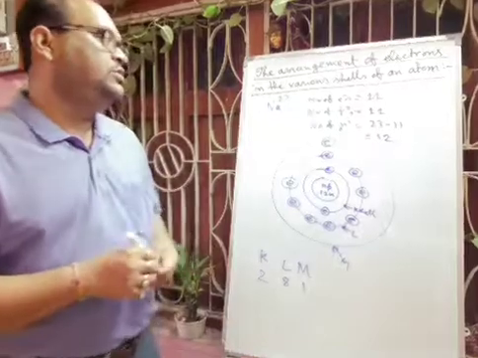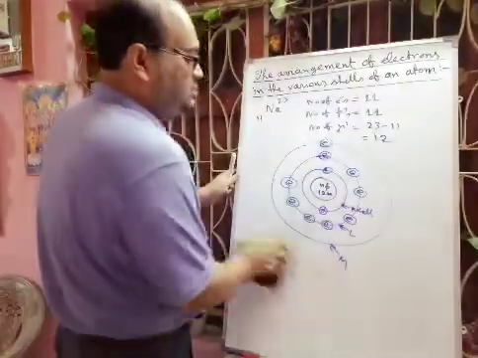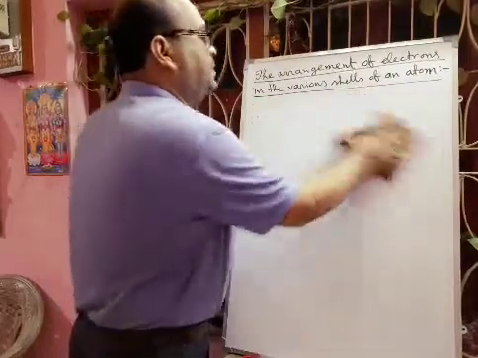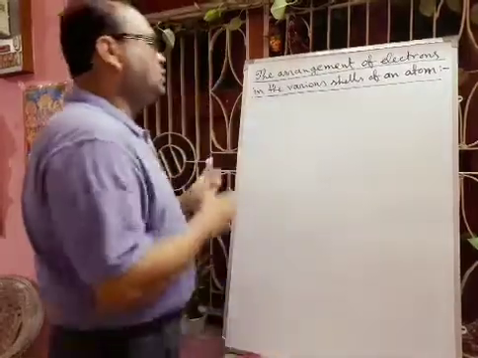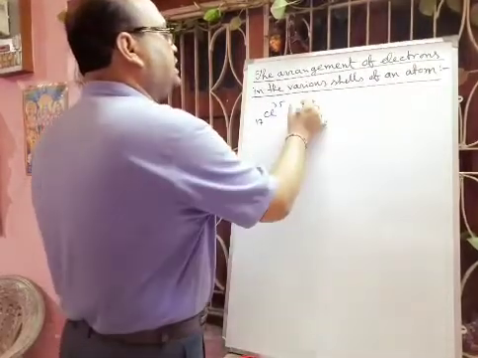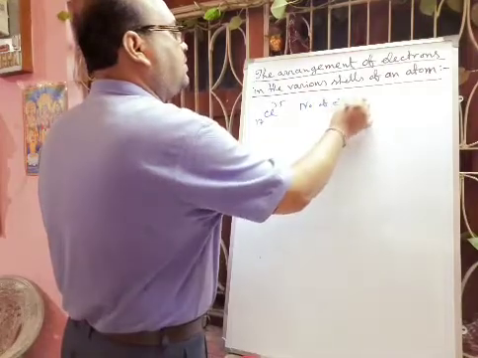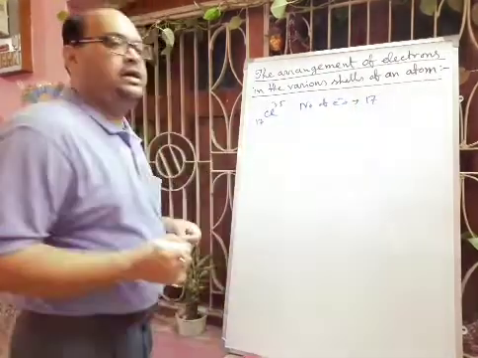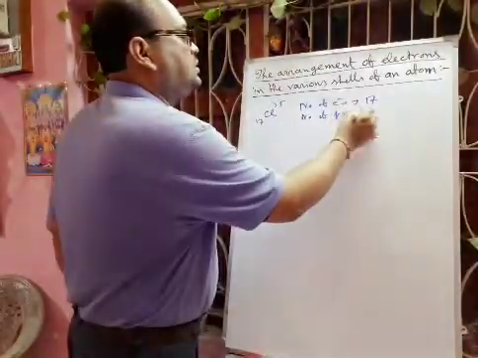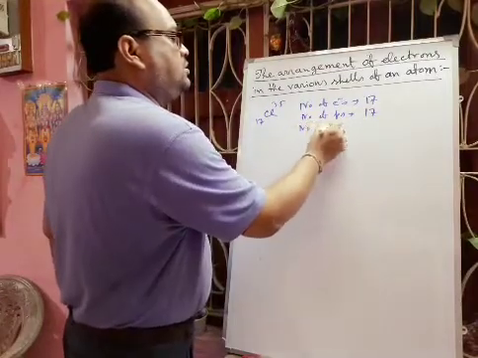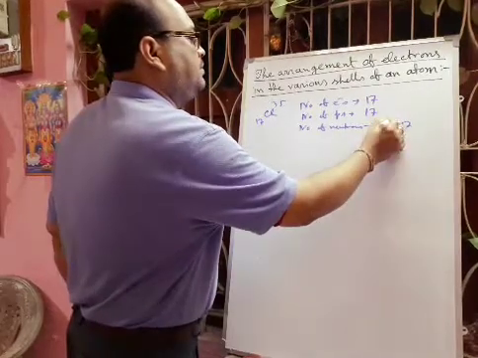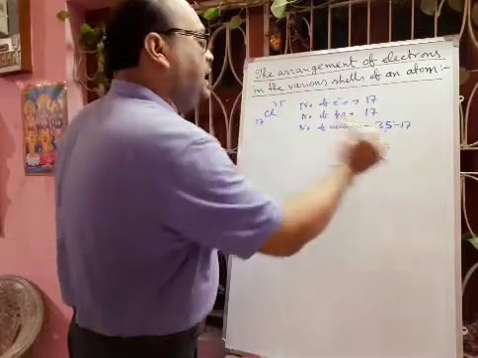Okay, so in this way you have to practice the electronic configuration as well as the atomic model, how electrons are distributed in different cells. Next we will discuss chlorine. Chlorine 17, 35. Okay, so in this case the number of electrons will be 17, then the number of protons will also be 17, and the number of neutrons will be 35 minus 17, that will be 18.